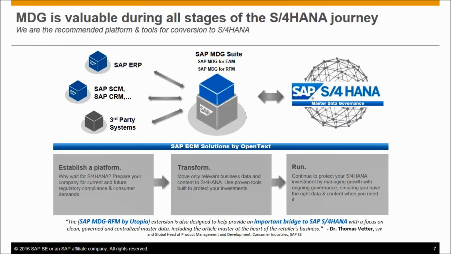This slide here focuses on your transition into HANA, right? You have your different systems on the left. You have your MDG suite and you have your HANA suite. Now, many of you may be looking into an FMS implementation, or you may have an FMS implementation already. Those of you that have been through that process know that data cleansing and getting your data governed and controlling that process in a project is often the longest pole in the tent.